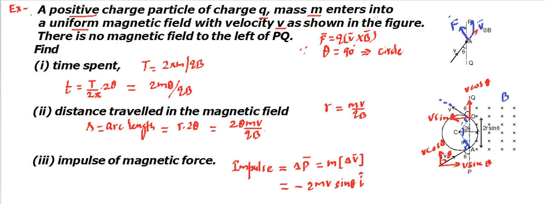So what to do? We need to remember this formula, the formula that decides the force acting, and then using this cross product vector information, we need to find what the direction of force is. And if the magnetic field is uniform and the angle is 90 degrees, then it's going to be on a circular path. So the radius formula and time period formula are all important, and this equation that you have already learned is being used over here. Okay, now let's move ahead.